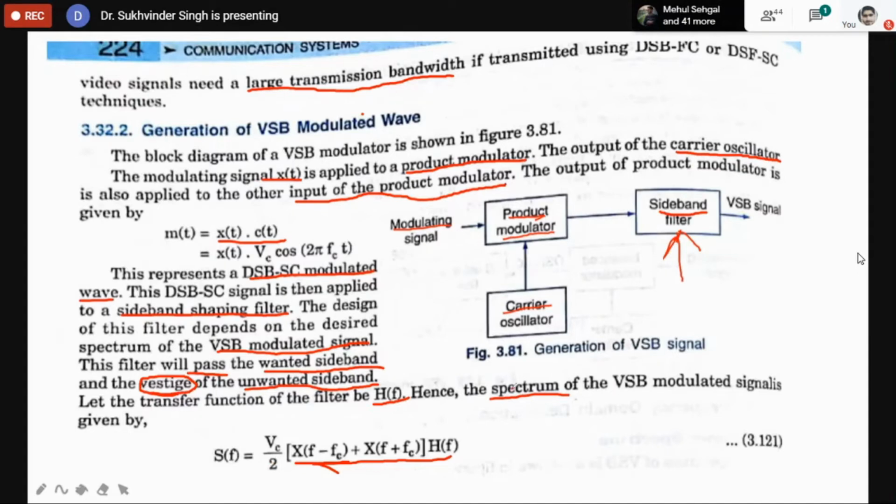So the spectrum of the vestigial sideband, that is the frequency response, will be as follows. Capital X is the Fourier transform, as already discussed. We have x(t) as the message signal, and this is in the time domain. We want to convert it into the frequency domain. Then this capital X(f plus minus fc) will be its Fourier transform, and this S(f) is nothing but the frequency domain analysis of the vestigial sideband modulation technique.